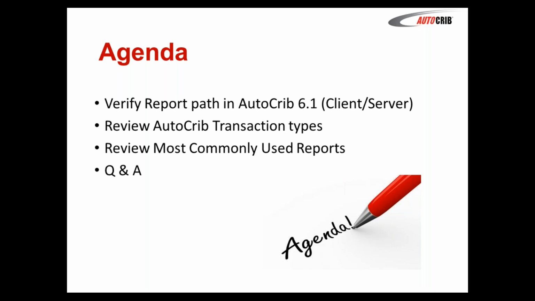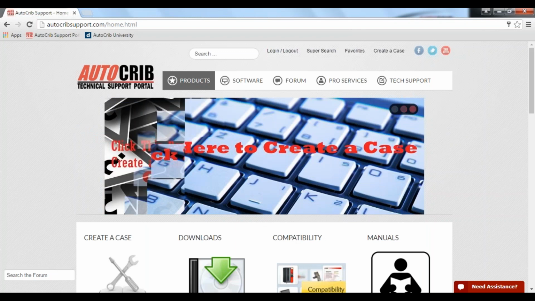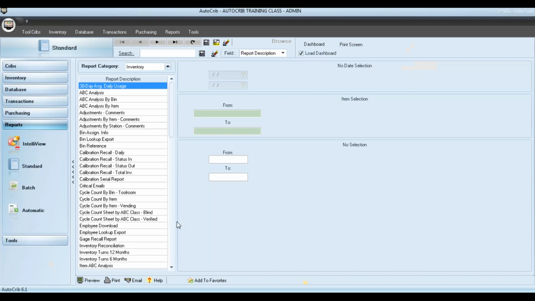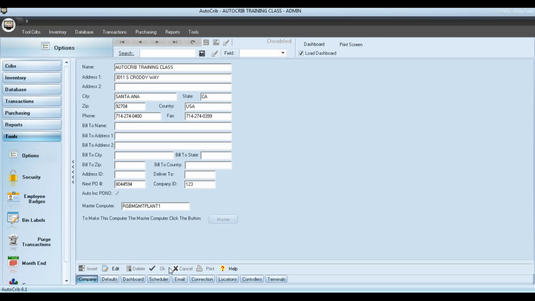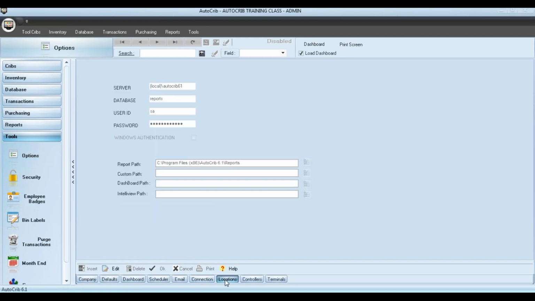So before we can preview any reports using the AutoCrib 6.1 client server software, you must first verify that your report path is set up. To do that, you would need to log into your AutoCrib software, navigate to Tools, Options, click the Locations tab at the bottom, click the Edit button, and verify that you have this path entered